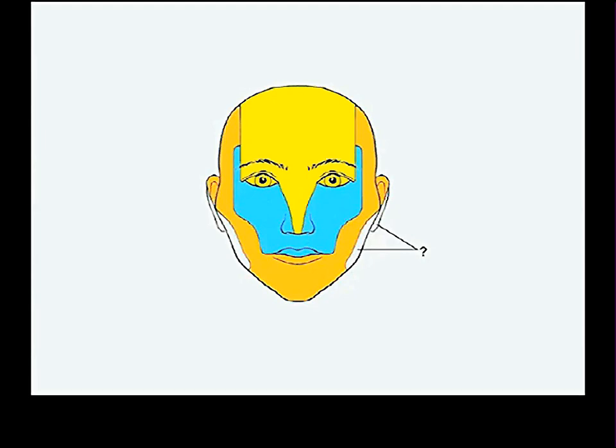This part of the face, the skin over the angle of the jaw and the lower part of your ear, is not done by the trigeminal nerve. Who would like to tell me what does do that? C2 is correct. There's a name to the branch of C2, which we dissected. Yeah, the great auricular. The great auricular carries C2 and C3, but this part of it is mainly C2, and it does this angle of the jaw, the skin over the angle of the jaw and the lower part of the ear.